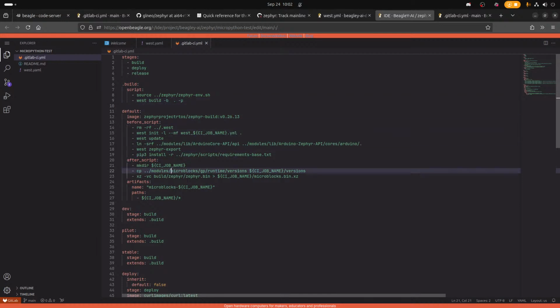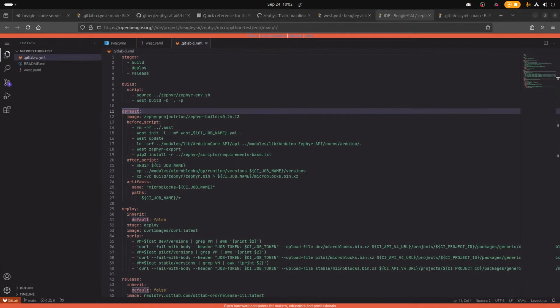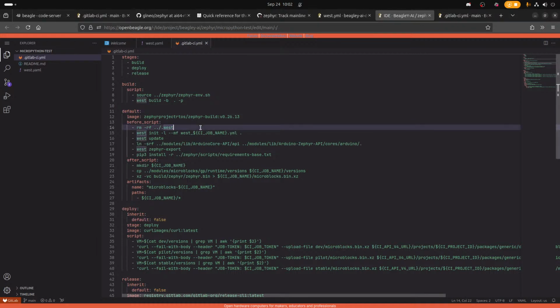It's BeagleY-AI slash A722S slash something. Let me just paste it. Pasting in Discord. I can paste it in YouTube if that would be better. You want to run it in main R5, right?